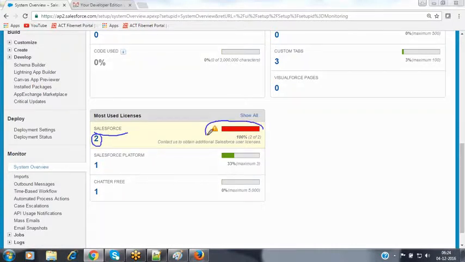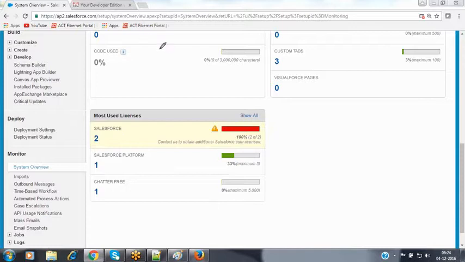This is 100% utilization. That's what it is showing with the red color symbol. Now the Salesforce platform licenses, they have given a maximum of 3. As of now, we have used 33%, nothing but only 1 we have created. The remaining 66% is there, nothing but 2 more licenses we can create. 2 more users we can create by assigning these licenses.